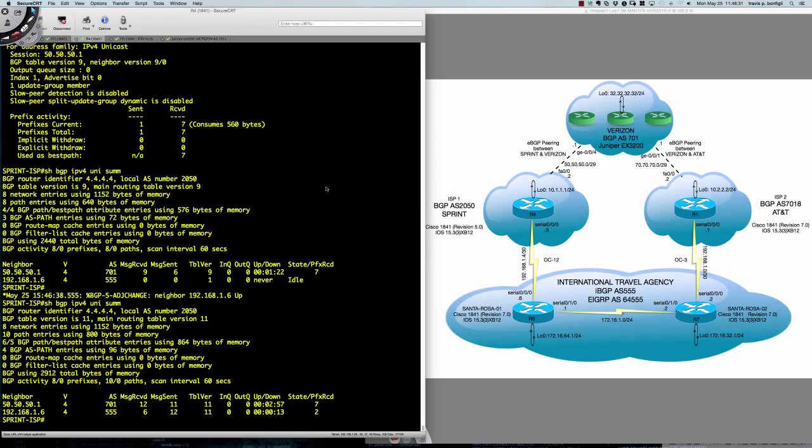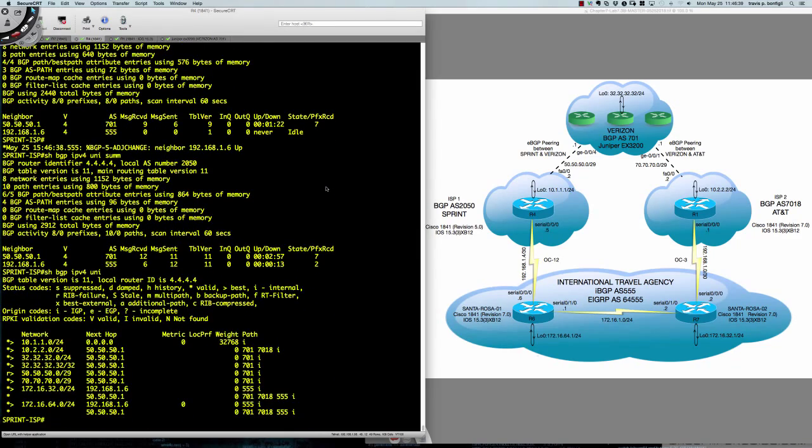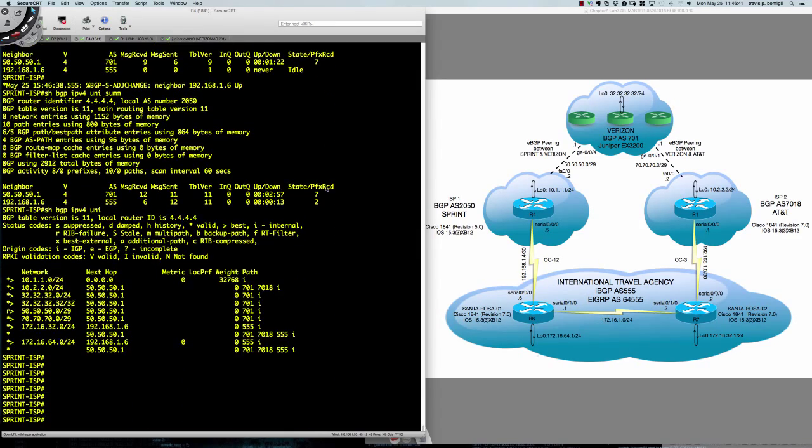So now when I do the summary, you can see that we're up. We've got prefixes being exchanged. If I were to say show BGP IPv4 unicast, right? So we've got some nice output here to take a look at. As you can see, the Sprint ISP is learning about multiple paths